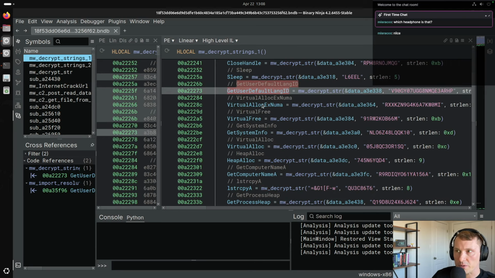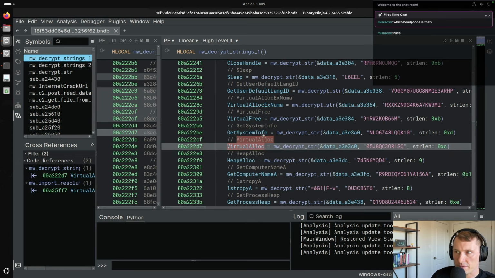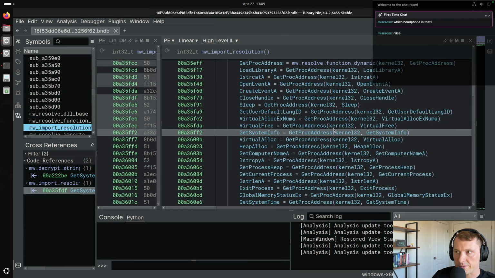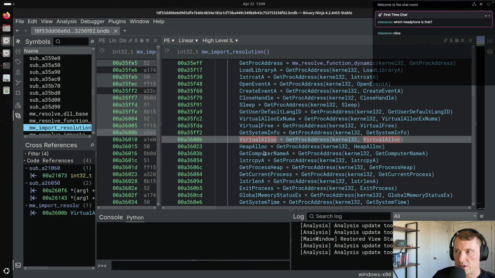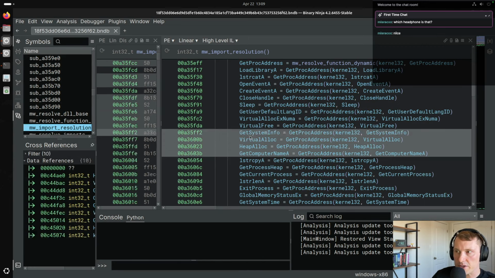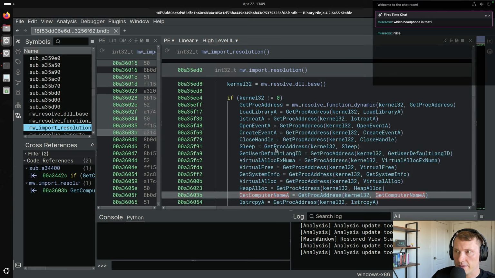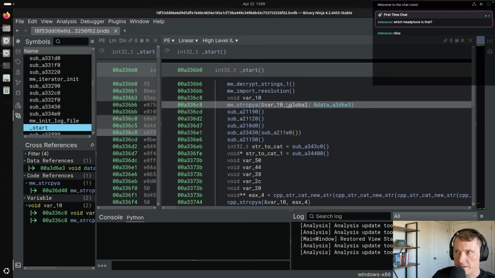their respective globals as their string representation. But there was also this one level of indirection for these imports being resolved, where there were these GetProcAddress calls with their respective DLLs, and then those were also assigned to globals. So we had to write automation to resolve those as well. Now that we've done all of that, I spent a bit of last stream looking at some of these